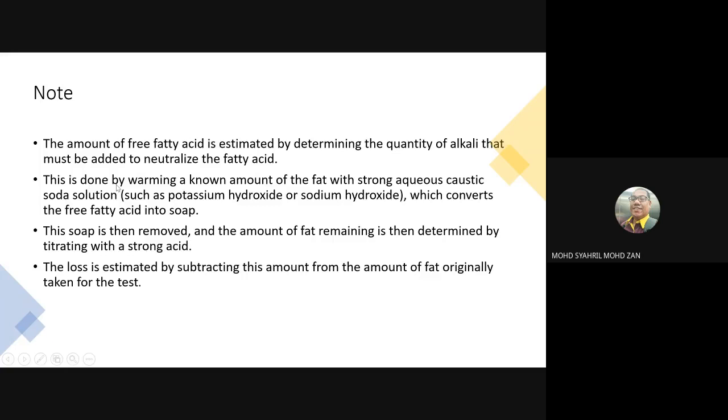Okay. This is done by warming a known amount of fat with a strong aqueous caustic soda solution, which is potassium hydroxide, or in other words, sodium hydroxide, okay, which convert the free fatty acid into soap. This soap is then removed, and the amount of fat remaining is then determined by titrating with the strong acids. Okay, the loss is estimated by subtracting this amount from the amount of fat originally taken for the test. Okay,